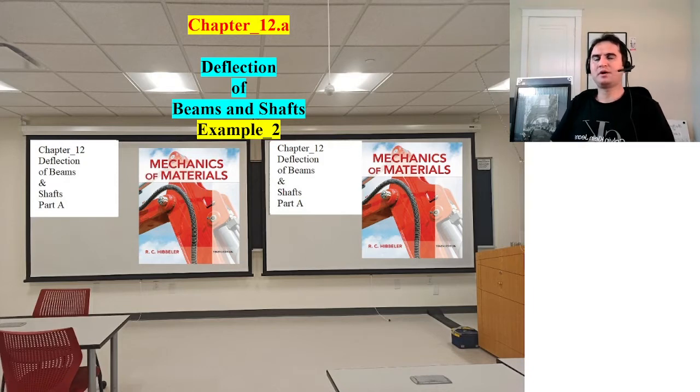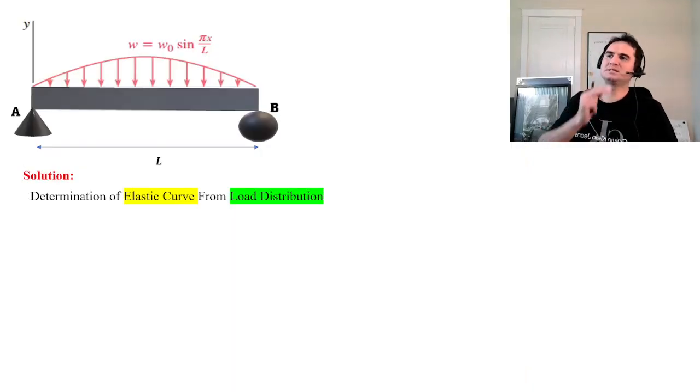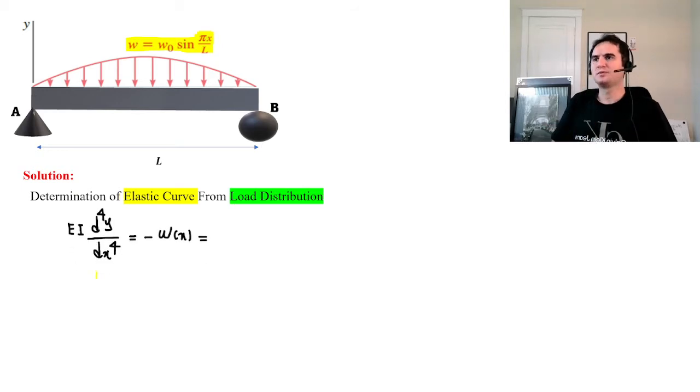Chapter 12, Part A, Deflection of Beams and Shafts, Example 2. In this example, we want to determine the elastic curve from load distribution. We have a load function provided by this equation, and we want to determine the elastic curve from the load distribution. So EI